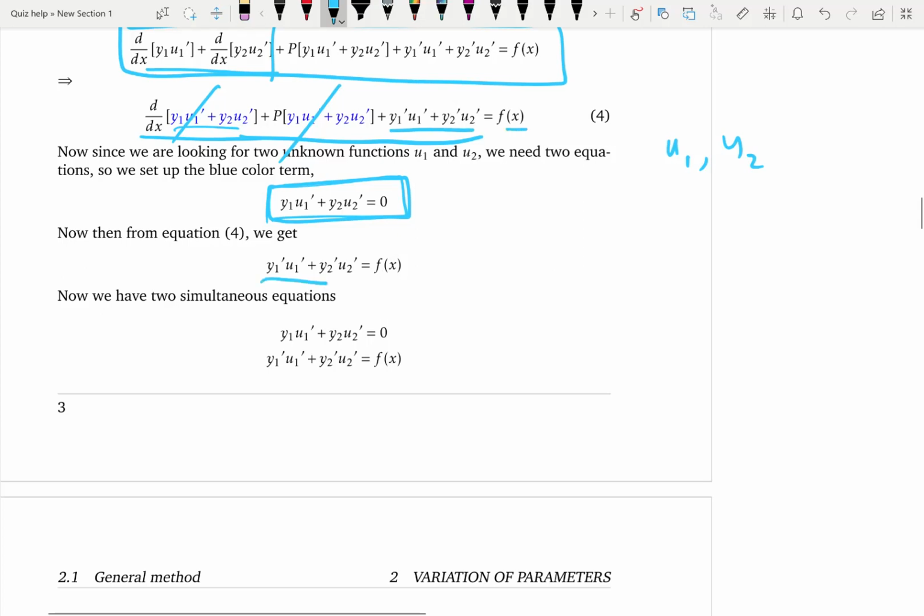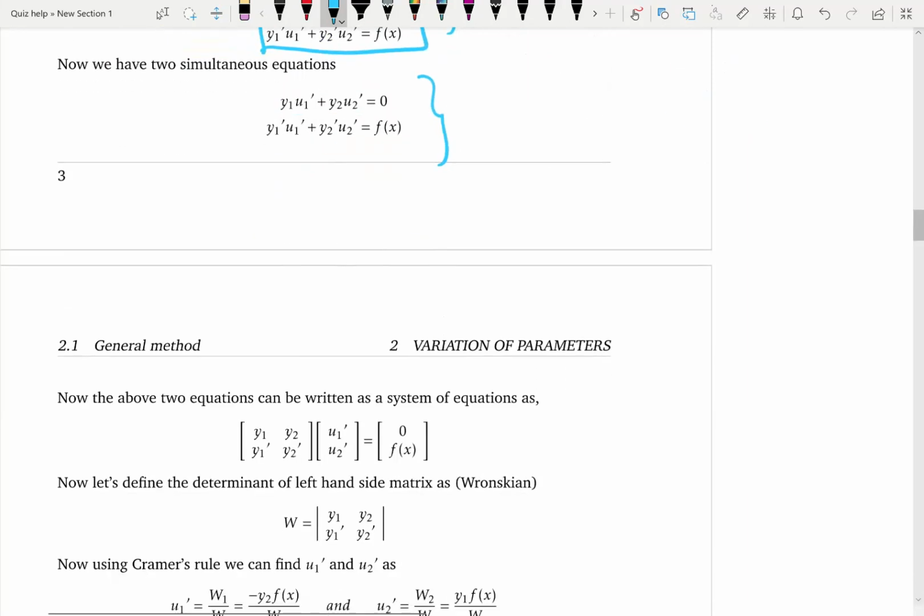That is exactly what I have written here. So we impose this condition and the first two terms vanish because they are 0, and we get two conditions, meaning two simultaneous equations. That is what we get after doing the regrouping, logical analysis